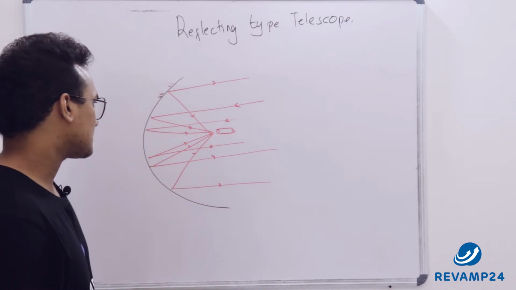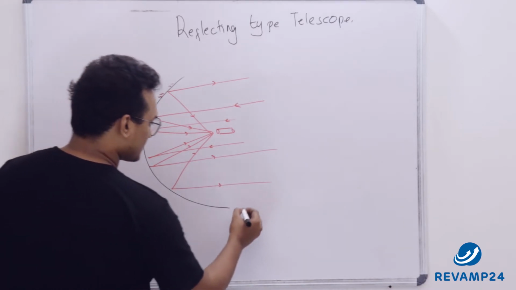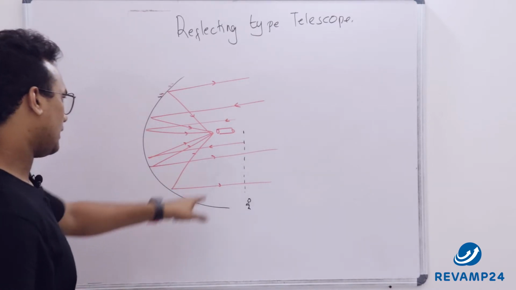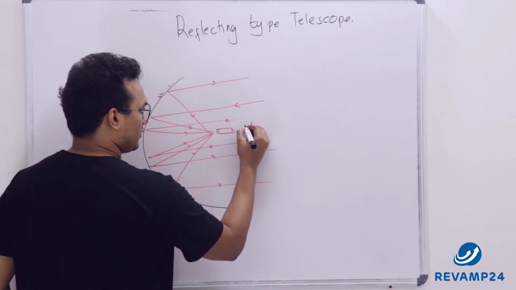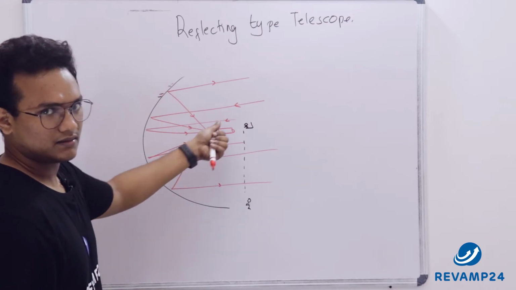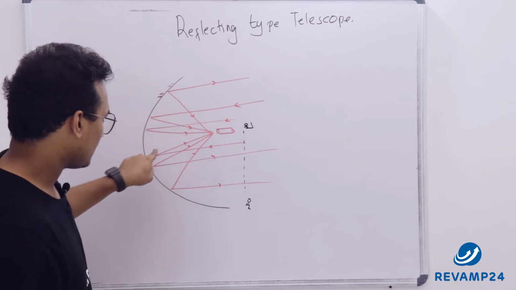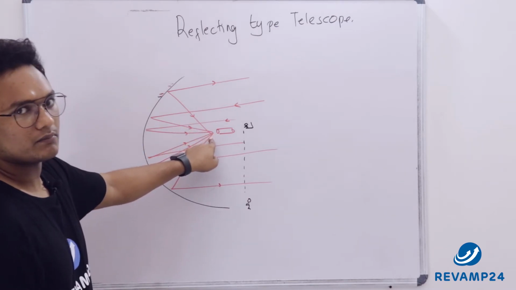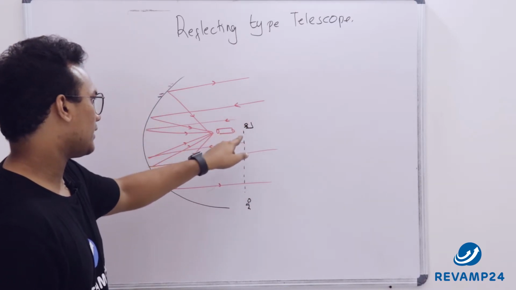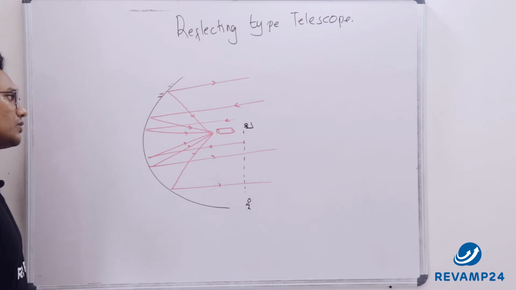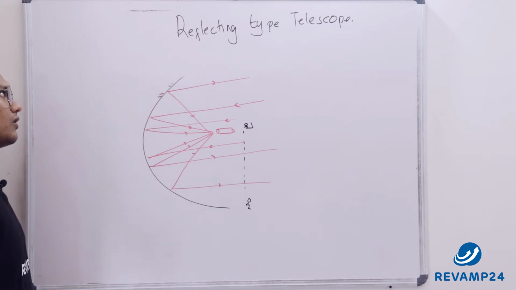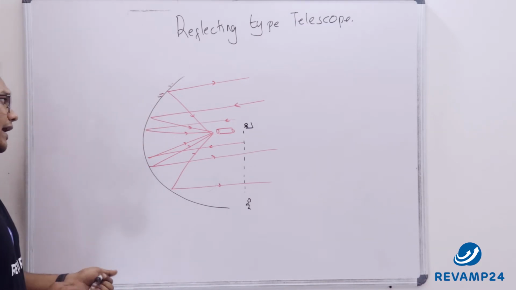But the problem here is, with the Newtonian telescope, for a person to see the object, he has to go this much height above and look from here. He should have a setup here to see this image at the focus, right? Because these rays are intersecting at one point, and at this point the image is formed. To observe the image, this person has to be here and watch this, which is practically difficult to do, but it can be done. Newton was able to introduce the concept of the reflecting type telescope,